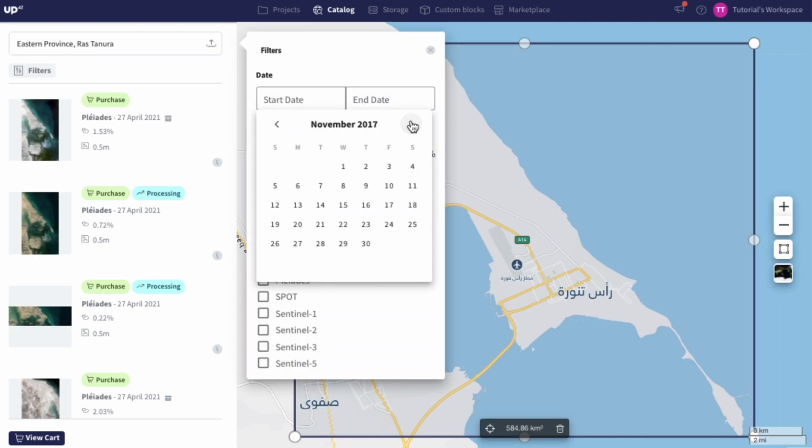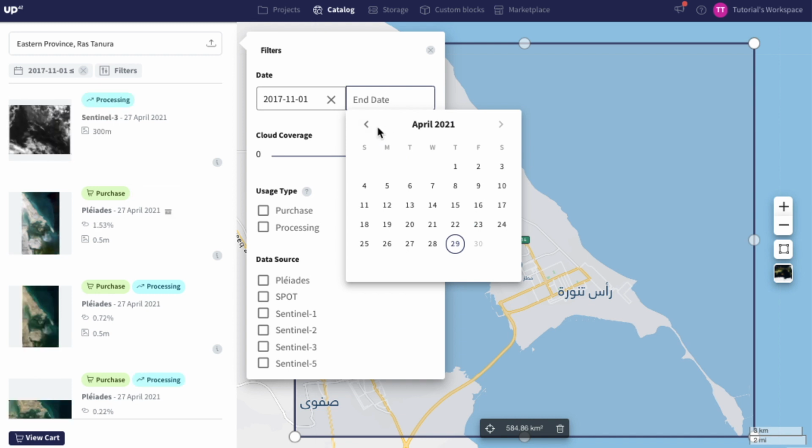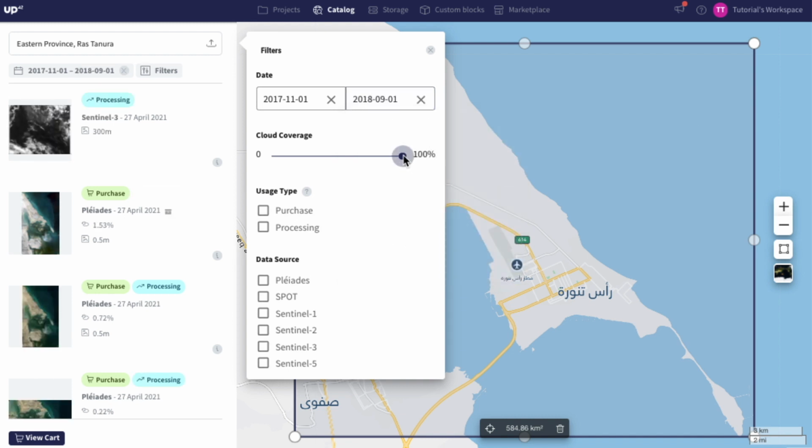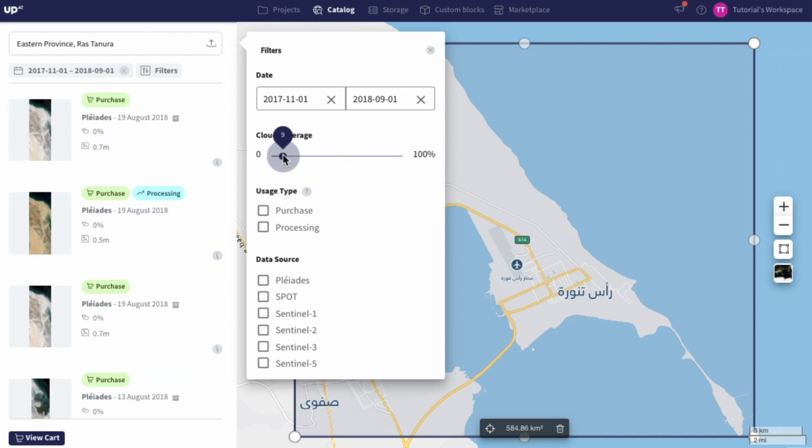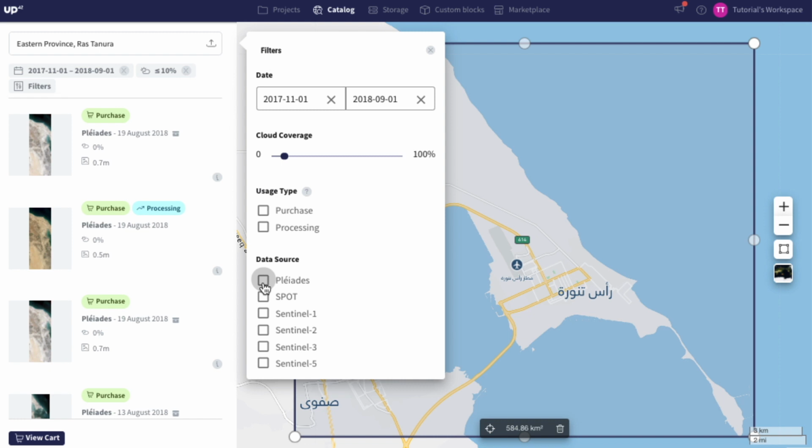So I'm searching for the dates where I know an oil leak occurred at this facility, sometime in August of 2018. I'll now adjust the cloud cover to less than 10%. You can adjust this to whatever level is acceptable for your study, but it's fair to say that Saudi Arabia is a pretty dry area, so I can confidently restrict the cloud cover and know that I'll have plenty of